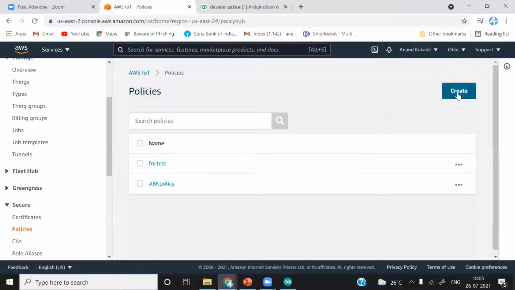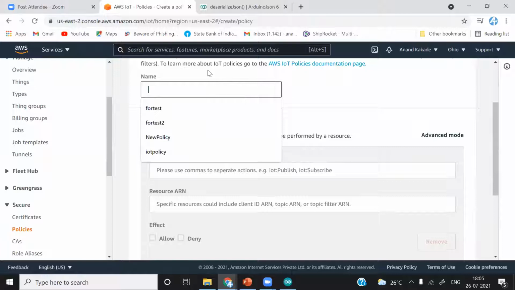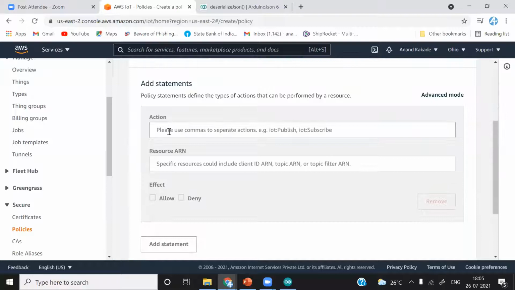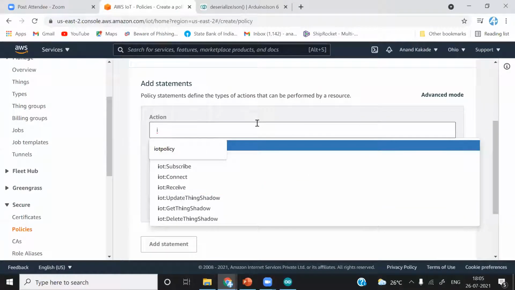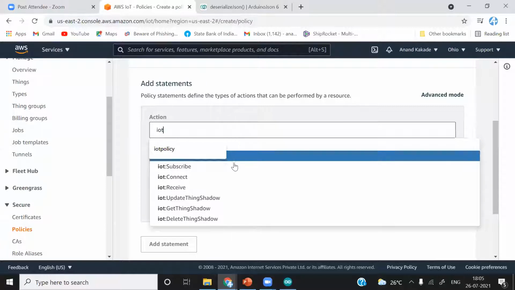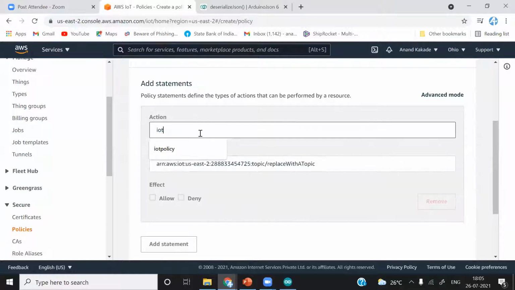What we'll do is create a new policy here. Give it whatever name you want. I will give ESP policy. ESP policy, and here just type IoT. You will see the fields.